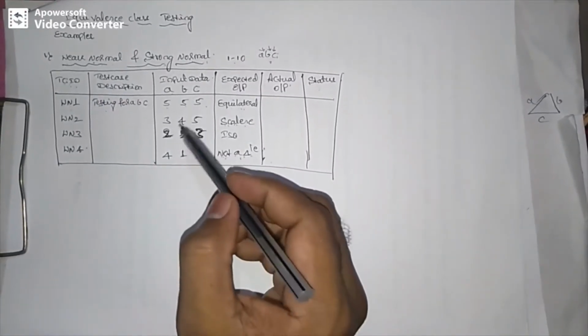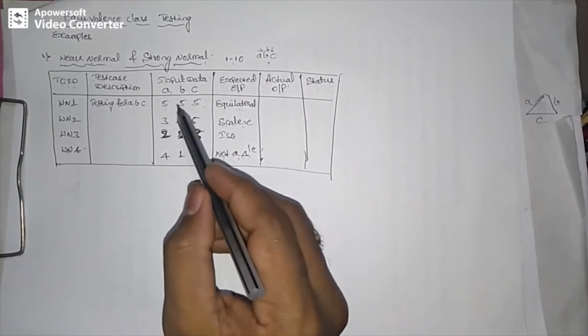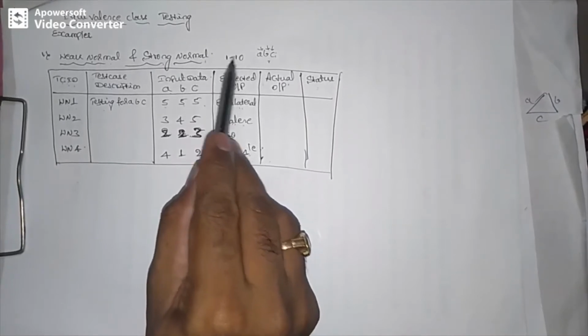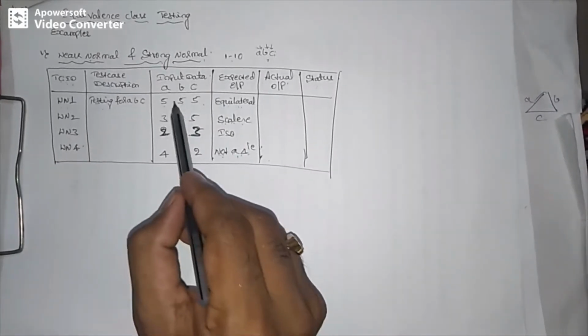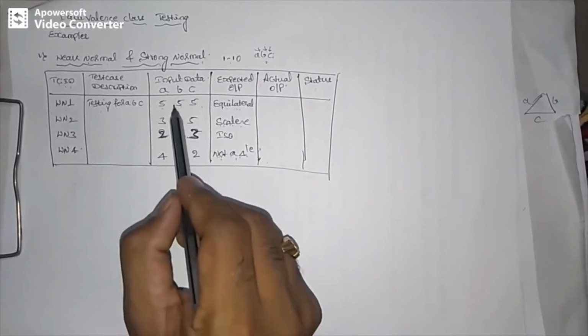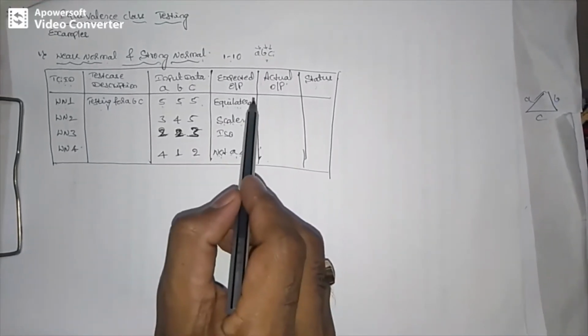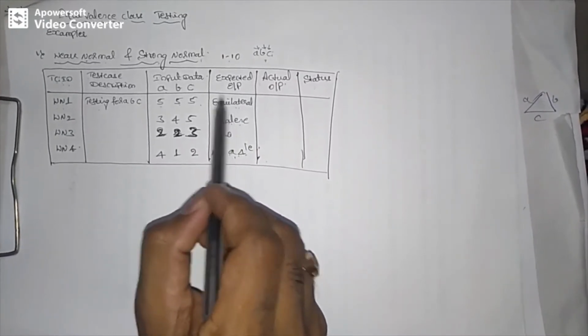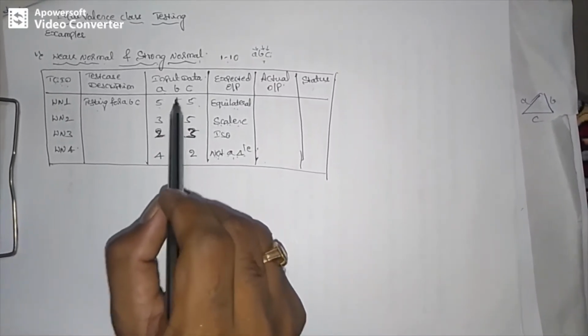Now there is no rule about this. You can specify values between the upper limit and the lower limit, or you can give any values. 5, 5, 5 or 3, 3, 3 or 2, 2, 2, but I have to get the output result equilateral. To generate this output result, you need to specify the input in such a way.